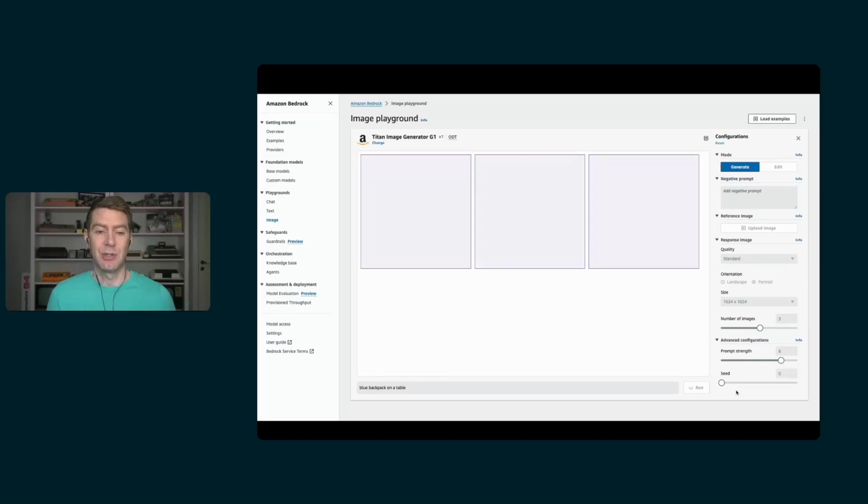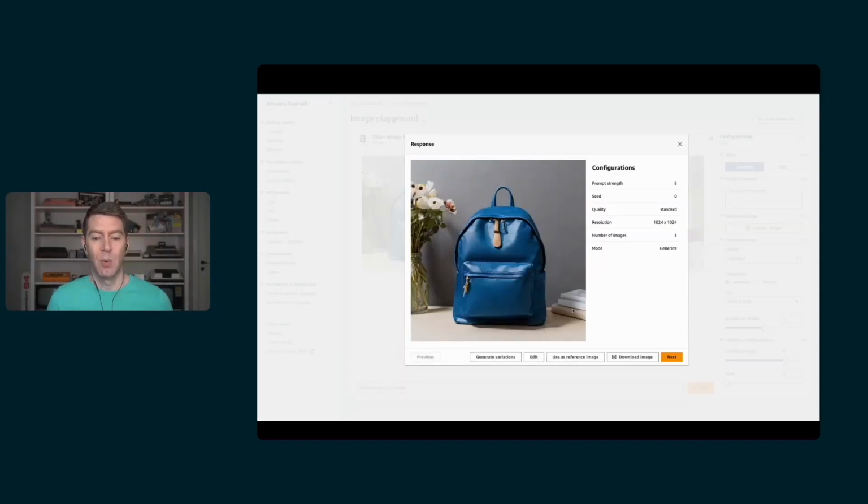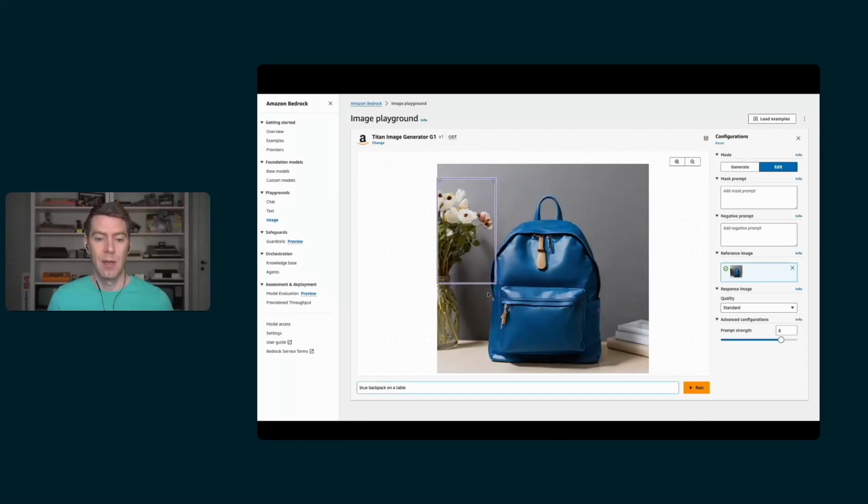Let's switch back, try another example. Blue backpack on a table as a prompt. Rerunning it. So Titan can now generate this image for us. And we get 3 examples. Let's pick the first one. And once again, we can edit this image that is generated. And let's make a quick change to it. We want the flowers to be red instead. And rerun. And it's editing the image and making changes to it. So now we have red